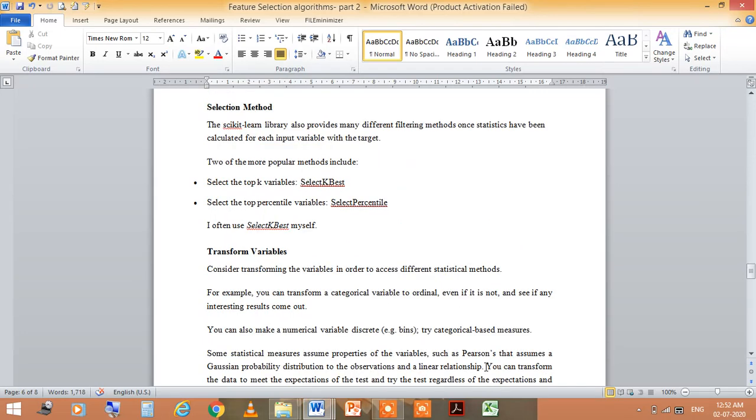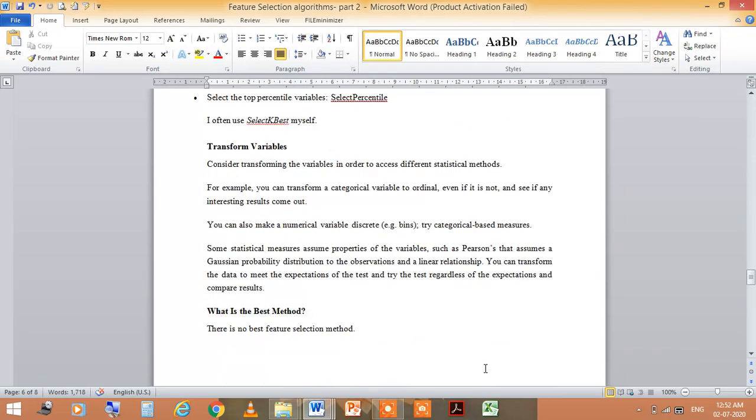The next is transform variables. Consider transforming the variables in order to access different statistical methods. For example, you can transform categorical variables to ordinal even if they are not, and see if any interesting results come out. You can also make a numerical variable discrete or try categorical based measures.